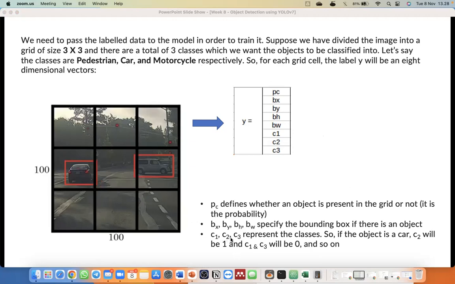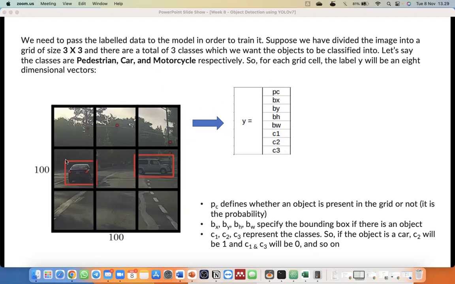C1, C2, and C3 represent the classes. So if the object is a car, C2 will be 1, C1 and C3 will be 0, and so on. For this example, we have the car object and we give the bounding box on the car object, so C1 will be 0. C1 represents pedestrian, C2 represents car, and C3 represents motorcycle.